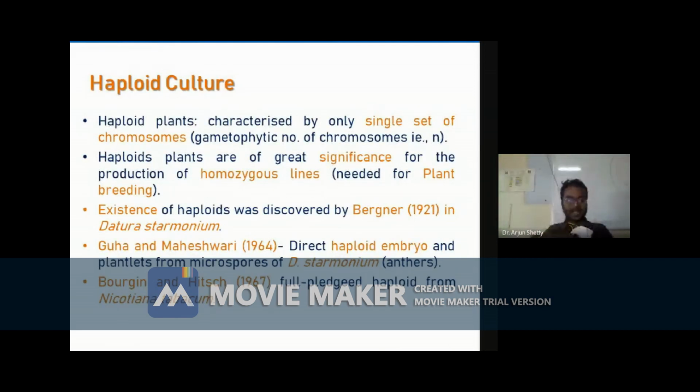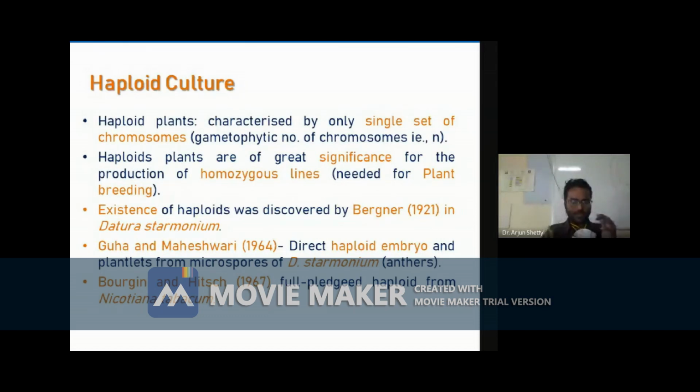microsporangia. In 1967, Bourgin and Nitsch gave full-fledged information, a report on the composition of the nutrients required for production of a haploid plant from Nicotiana tabacum. So if you follow Bourgin and Nitsch for the production of a haploid plant from Nicotiana tabacum, you can just refer to the report presented in 1967 by Bourgin and Nitsch. They gave a complete composition of the nutrient medium and